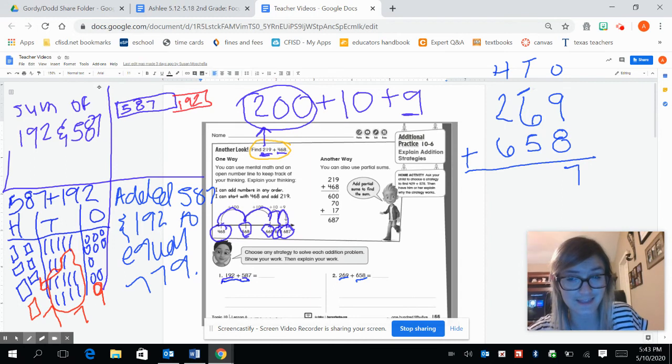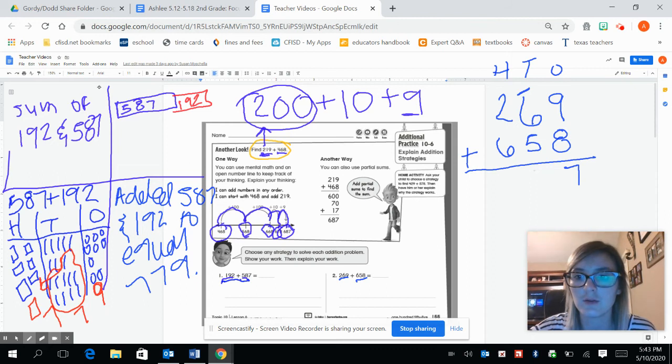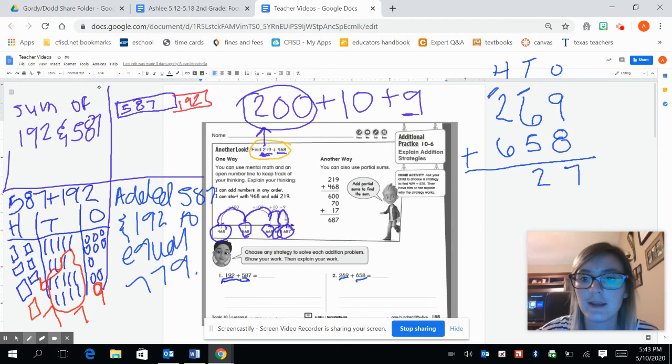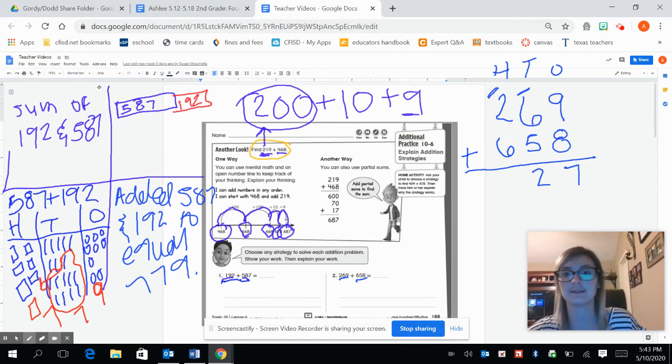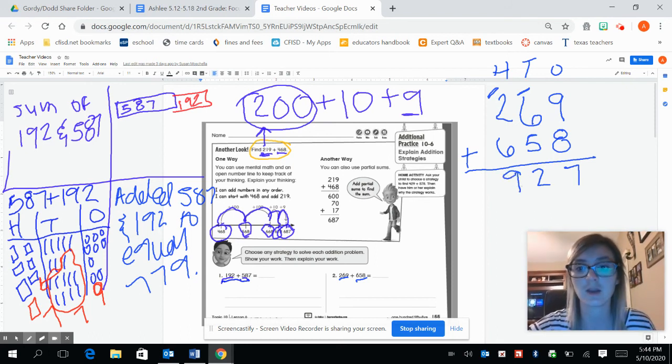We can't forget to add that 1 up there. 6, 7, 8, 9, 10, 11, 12. So we're going to leave our 2 here and move a 1 right here. 6, 7, 8, 9. Our answer is